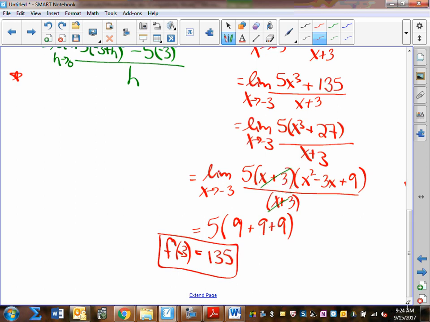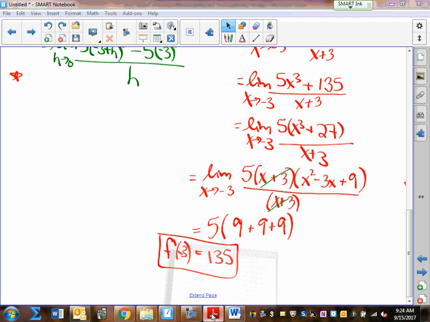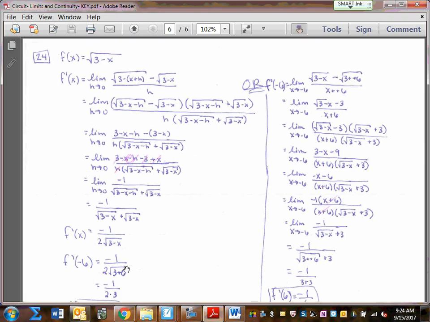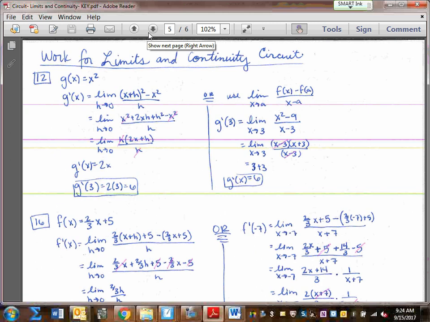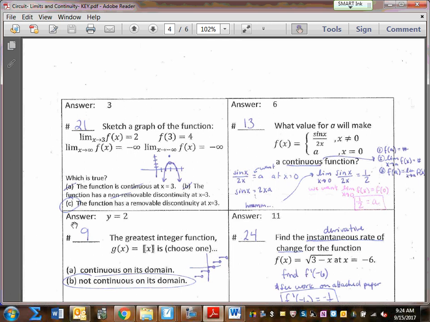Now, on your circuits there were a couple of questions, and we talked about this in class, but I want to recap it again. Oh, and you'll see on the key for the circuits, because I care so much for you guys, that I did the limit definition for you students. Alright, but on your limits circuit,